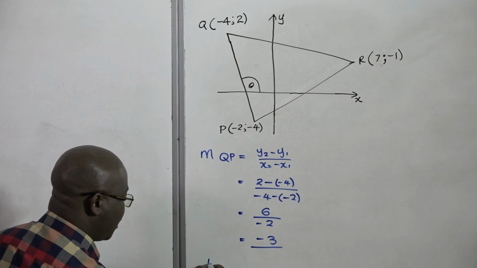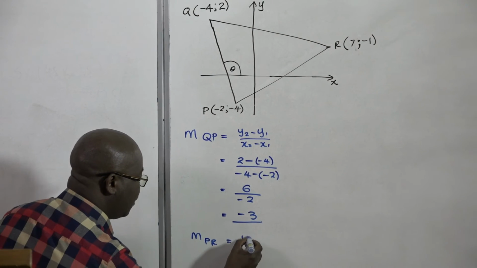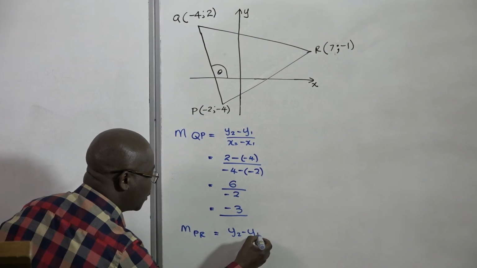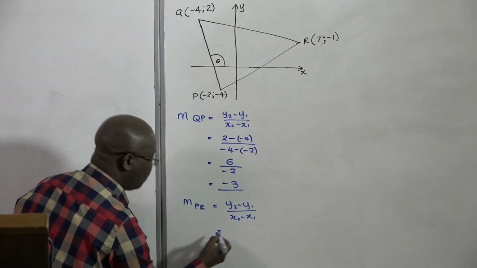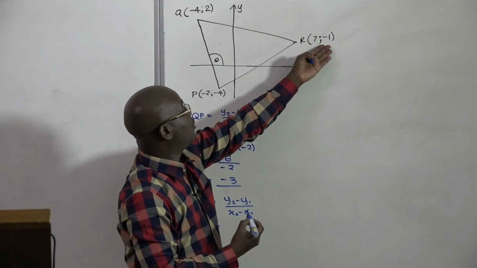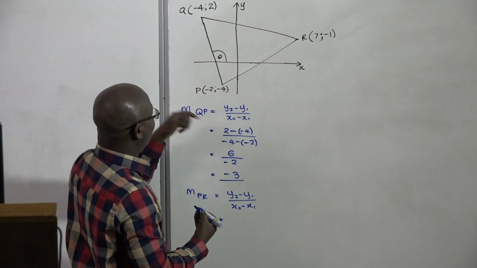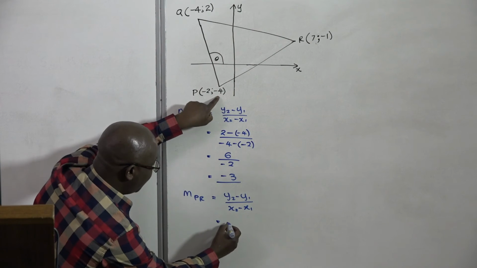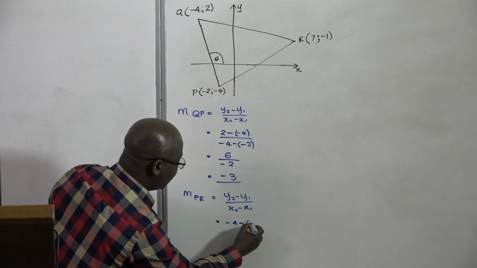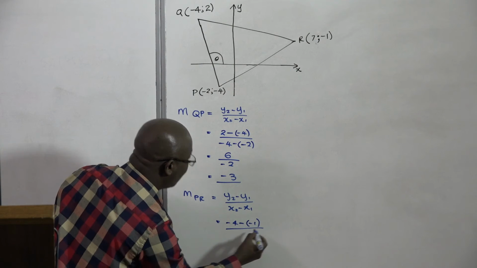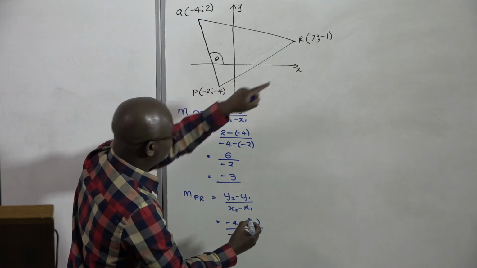The gradient M of PR will be the same, y2 minus y1 over x2 minus x1. I will take these to represent the 1's and these to represent the 2's. So y2 will be minus 4 minus y1, which is minus 1, over x2, it is minus 2 minus x1,